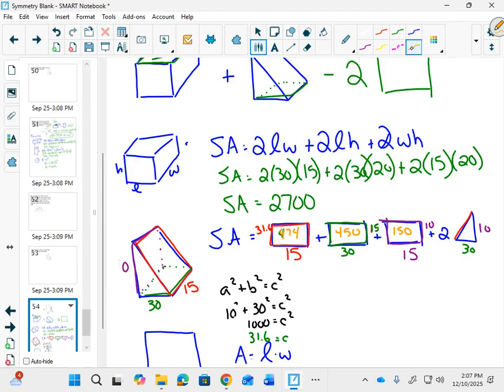150. And then, you know what's really cool about this? The area of this triangle is going to be base times height divided by 2. The area is going to be 150, but then you have to multiply it by 2 because you have 2 of them. So our surface area of this bottom one is going to be 474 plus 450 plus 150 plus 2 times 150. I'm going to do that right away and write 300. And our surface area of this shape is going to be